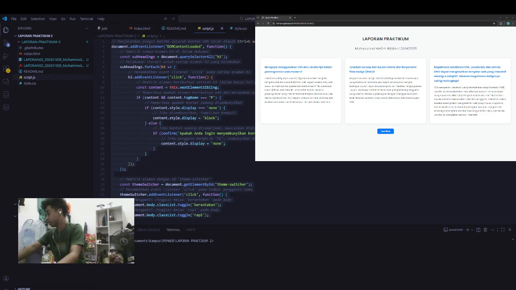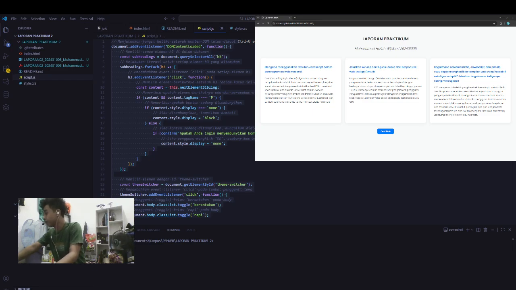The questions are: why CSS and JavaScript are important in modern web development, the concept and the goal of RWD, responsive web design, and how CSS, JavaScript, and RWD work together. Each card has an h3 heading for the question and a paragraph tag for the explanation. The structure is intentionally designed because later the JavaScript will make the answer collapsible when the heading is clicked.